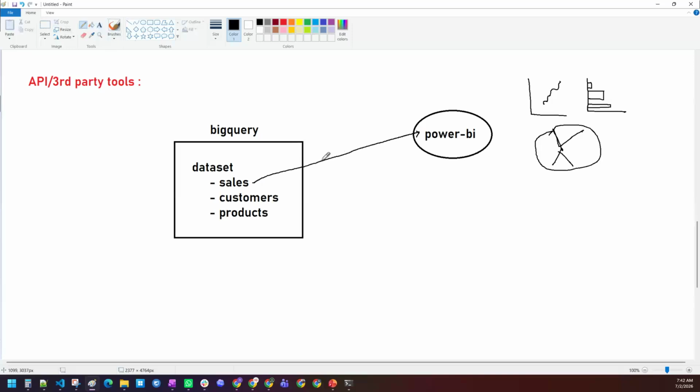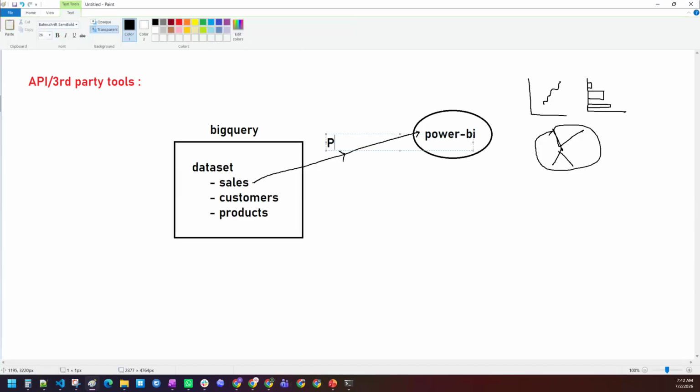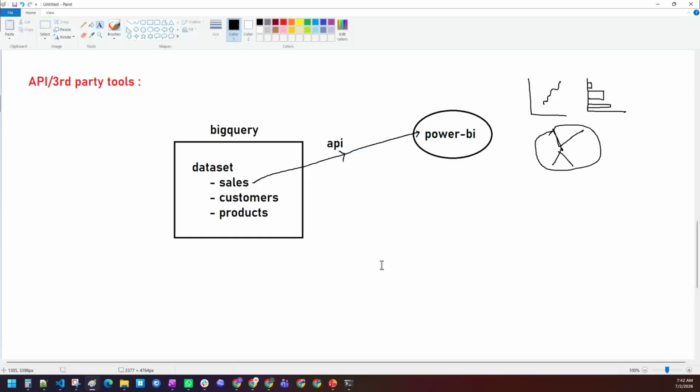So you are going to interact from here. This is nothing but a third party tool interacting with the GCP services. A third party tool is interacting with the GCP services via API, application programming interface. Power BI is a third party tool, which is an external tool.